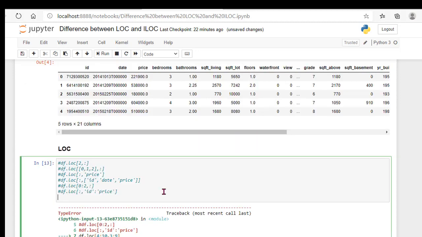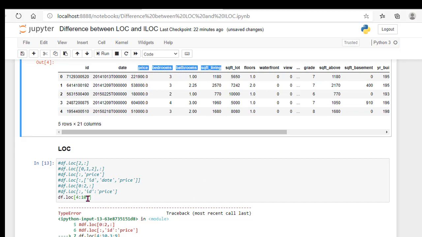Now if I want to select a range of rows and a range of columns, I have to write df.loc. Rows I am going to give 4 to 10, comma, and columns I am going to select from price to square feet living.